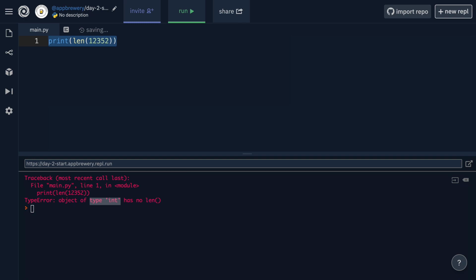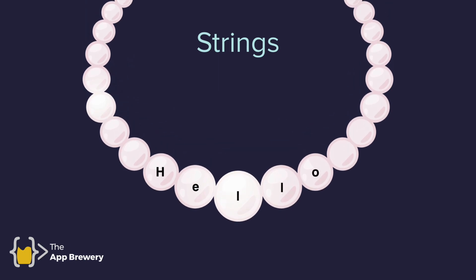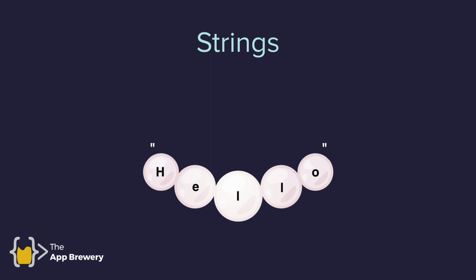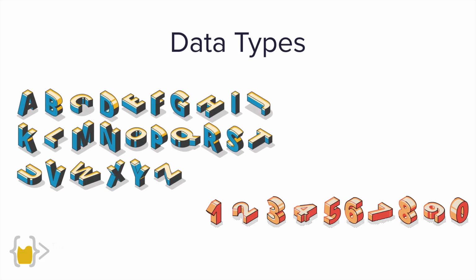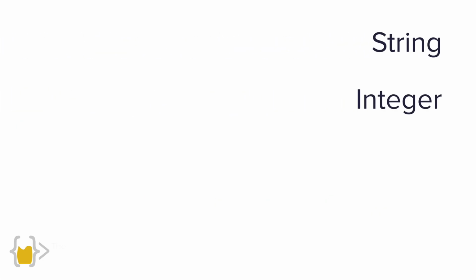Well, in order to understand it, we first have to learn about data types. Now, on day 1, we already explored this data type called strings. You're probably not going to be surprised to learn that there's a whole lot more data types out there. And today, we're going to explore some of the most important and some of the most basic data types, such as strings, integers, floats, and booleans. And we'll explore each of these in detail.